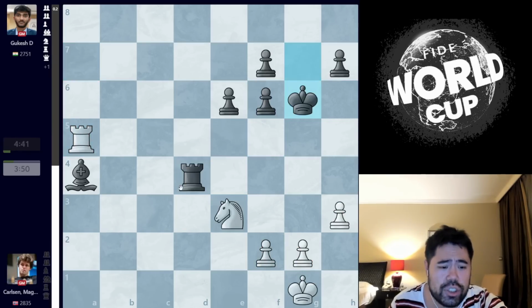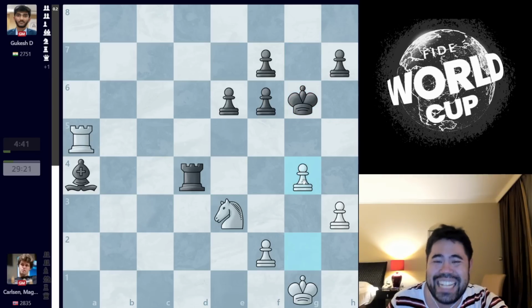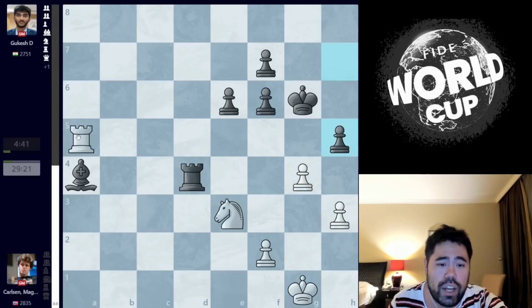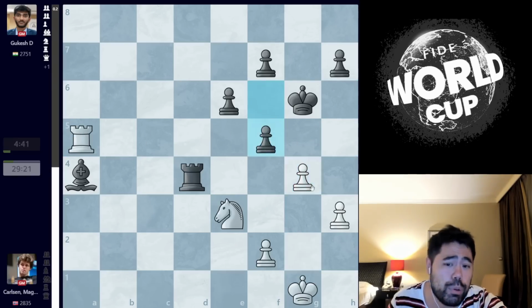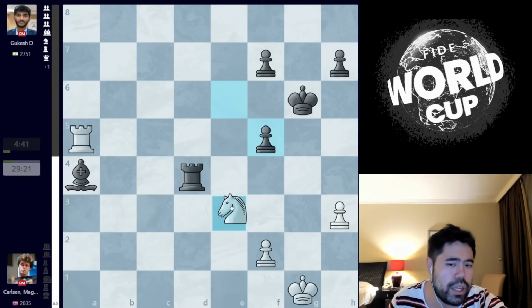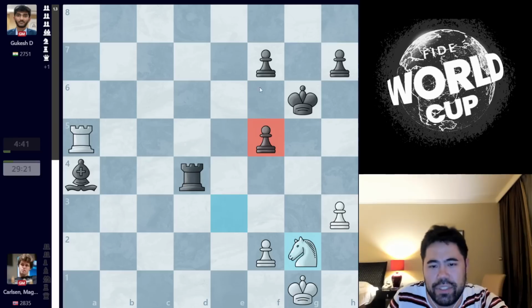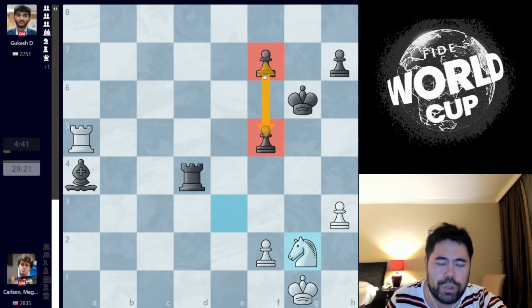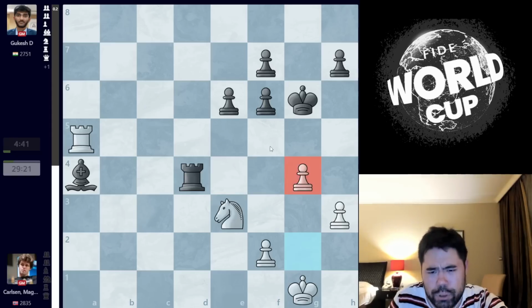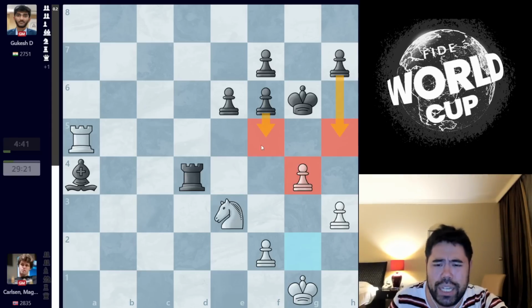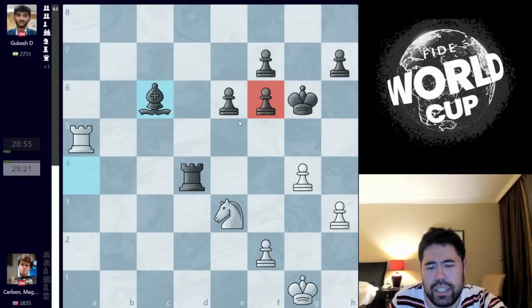So you can't go f5. So Gukesh plays king g6. Magnus plays g4, and now the problem is, how do you push these pawns forward? You'd love to play h5, but here it simply hangs a pawn. If you push f5 after takes, even though the pawn hangs on f5, let's assume I don't take, even in this position with the double pawns, it's very hard to progress. So after g4, it's very hard to push either h5 or f5, and at this point, I think it's very close to being a draw with perfect play.